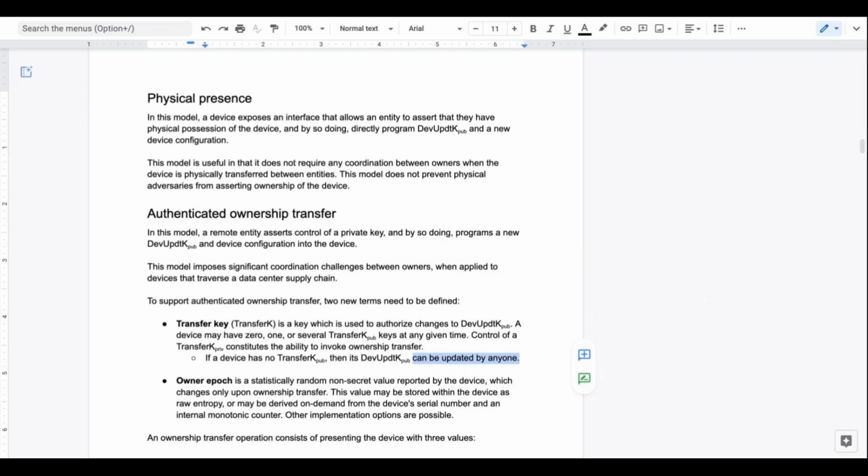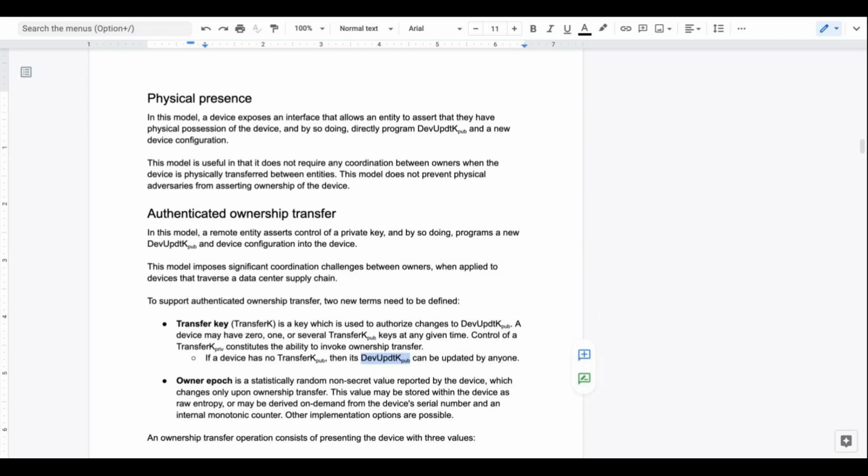If you can assert the update key without an owner, then... I'm having a hard time following here, right? Because if I have a transfer key, then I can change the update key, and if I have the update key, I can change the transfer key. I'm not really seeing how you're separating the things here. If I control the update key pub, that does not imply I can change any of the transfer keys. The transfer keys are strictly at a layer above the update key in the hierarchy.